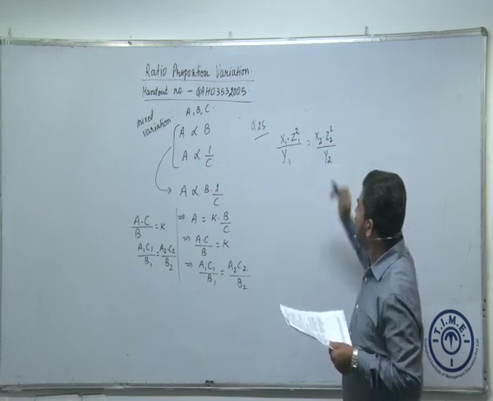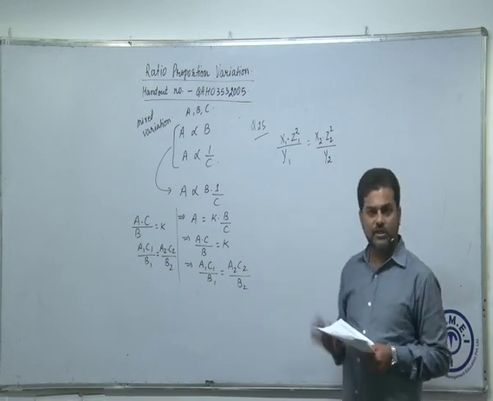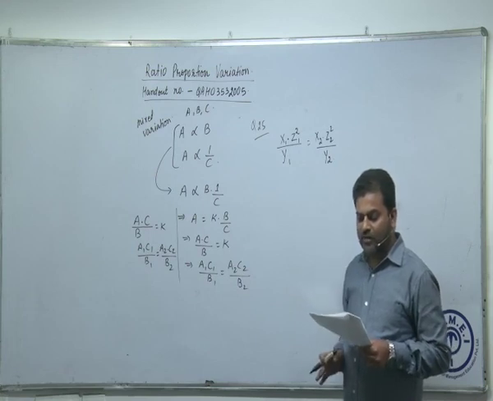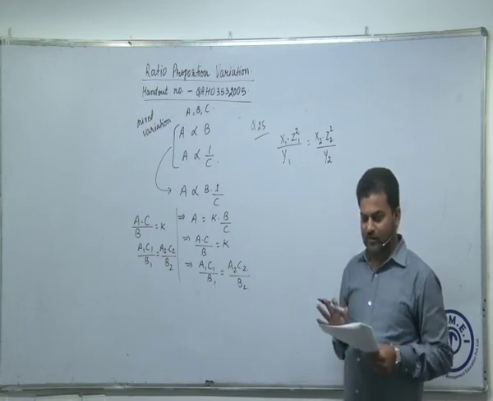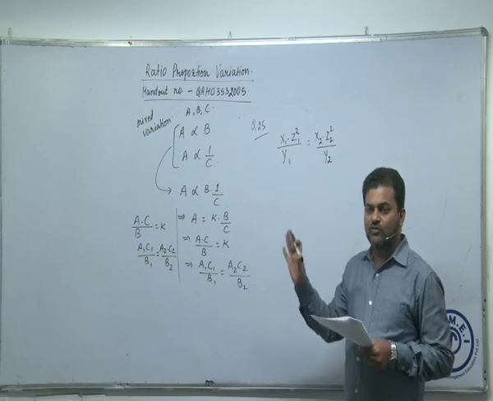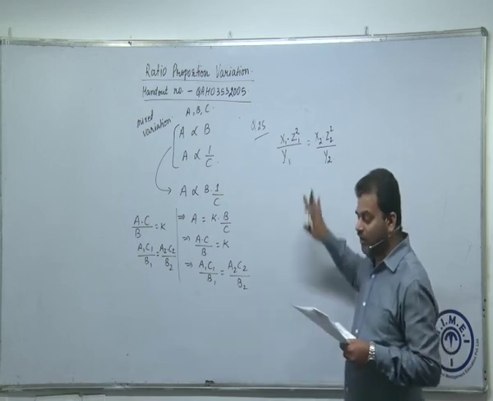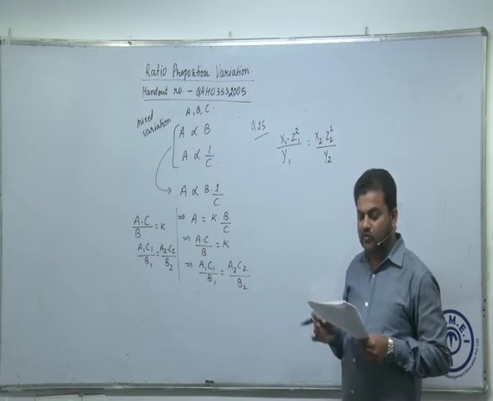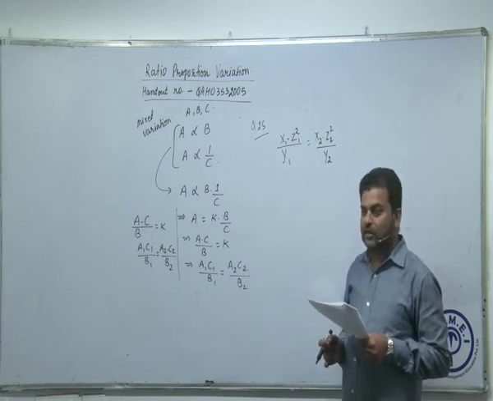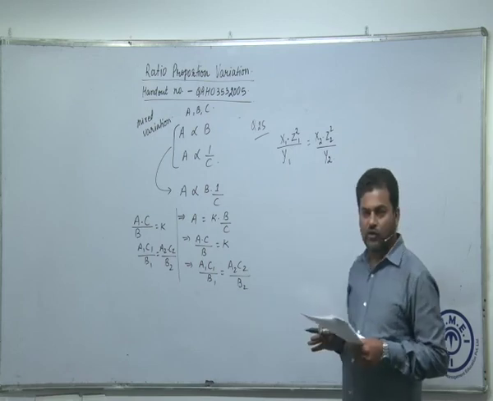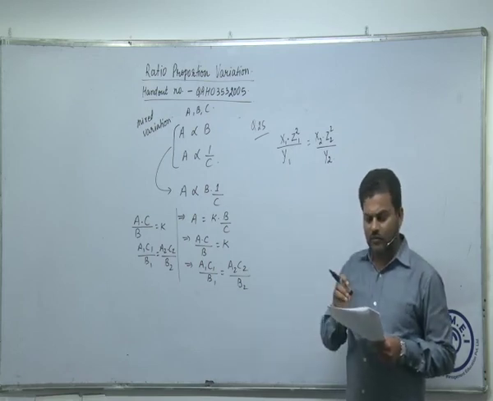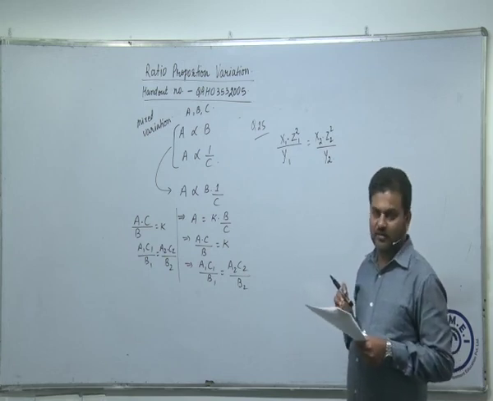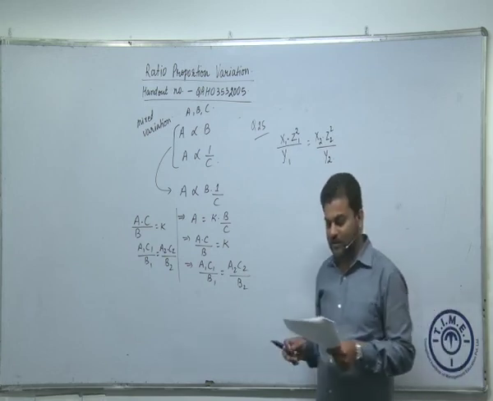So how many values do you see? 6 values, right? Out of these 6 values, how many are already given in the question? 5 values are already given. So can you put the values here and get the required value? They are asking you to find the value of x if y is 8 and z is 6. So you can put the values here and get your answer. I'm sure you can do those calculations. The answer for this question will come out to be 30.